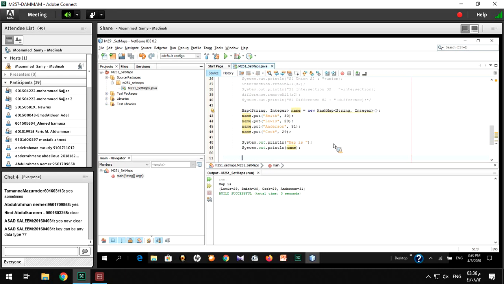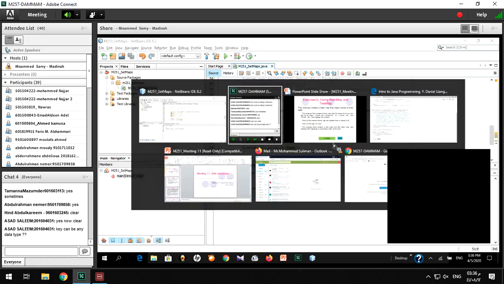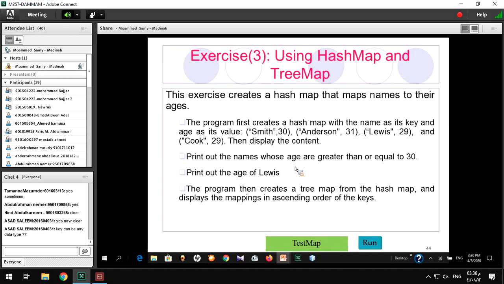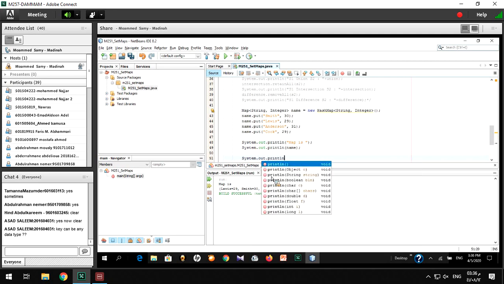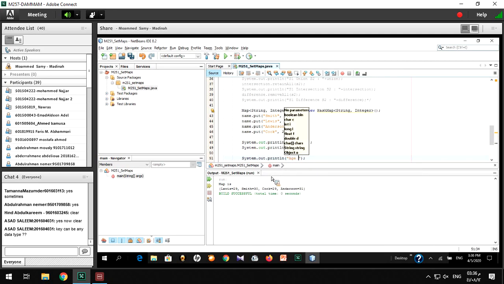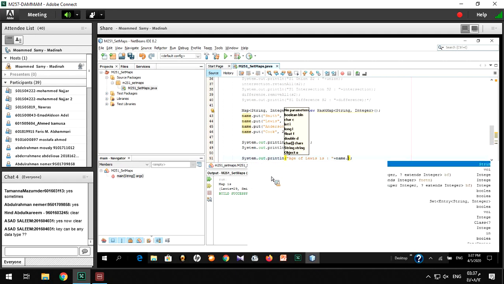The next question is to print out the age of Lewis. If you want to get the age of Lewis, it's very simple, you know the key, so you can simply call the get method: System.out.println age of Lewis is plus the name dot get of